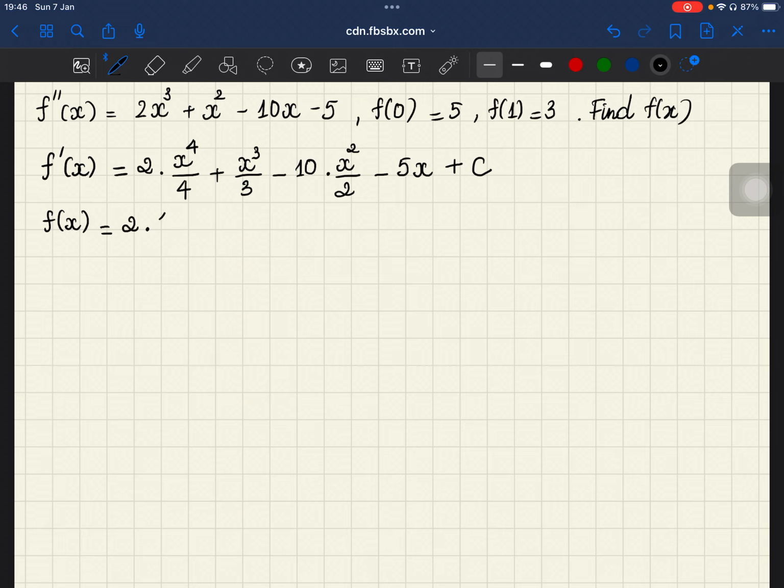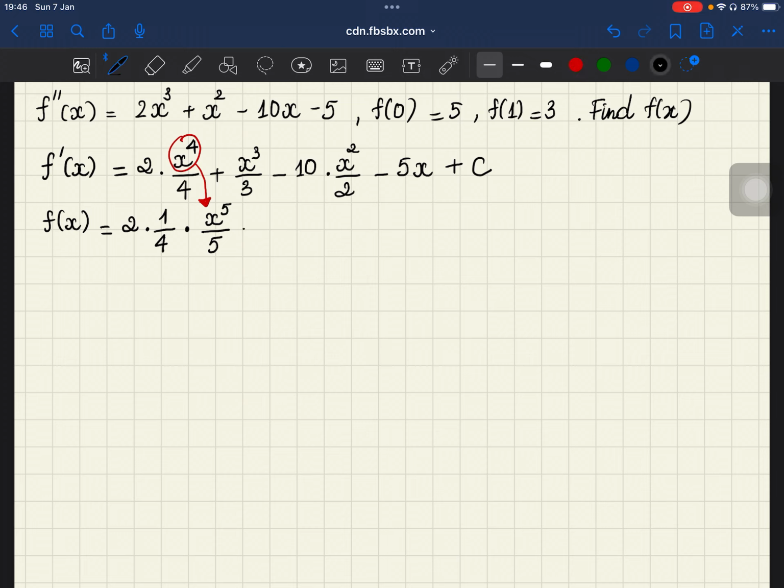multiplied by 1 divided by 4. So all the constants I will put in front so it's easier for you. So we will have x to the power 5 divided by 5, because we have x to the power 4. So the antiderivative of x to the power 4 is x to the power 5 divided by 5, using the